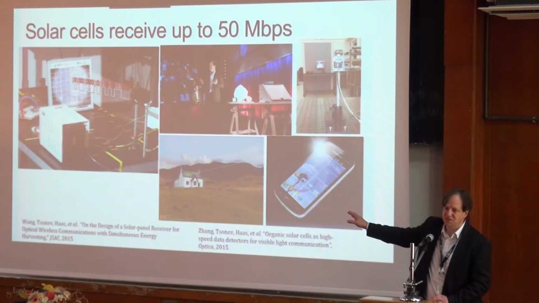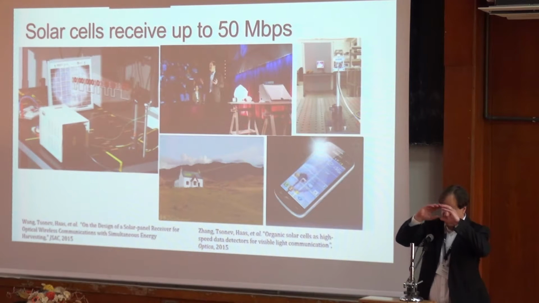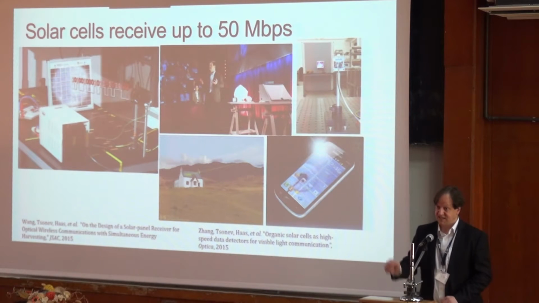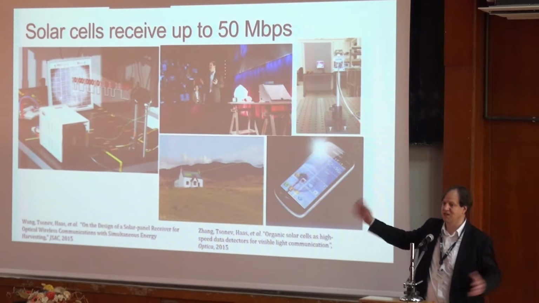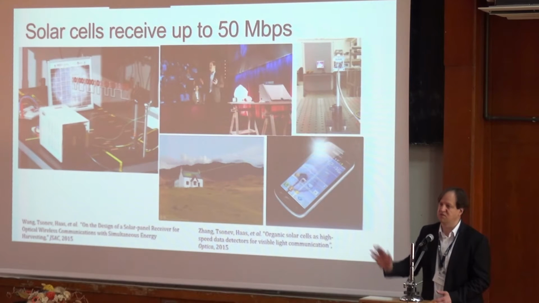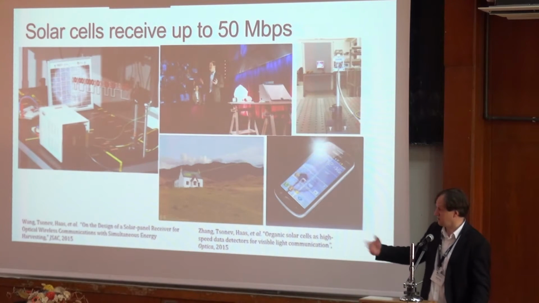We can do this with free space optical communication, but the receiver is basically of this size. And if you imagine 5 kilometer distance, to hit the target in a very small receiver is very hard, and you get outage. Strong winds basically shake the pole. But the solar panel's roof is very huge, and it doesn't really matter where you hit the solar cell. You have a very robust, reliable connection for the rural light.